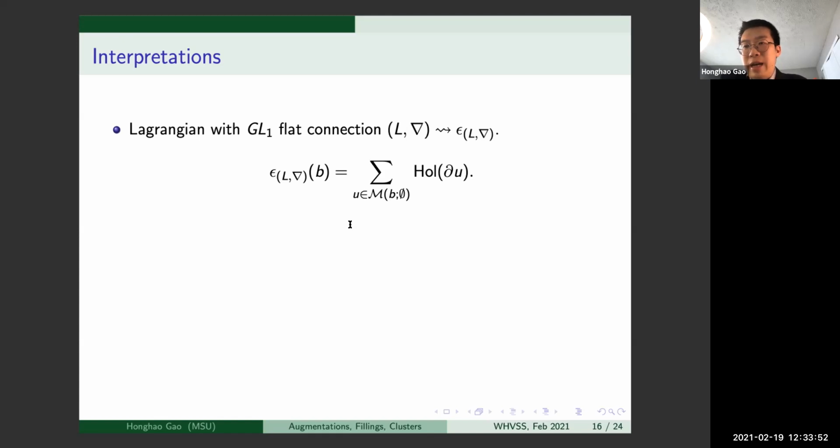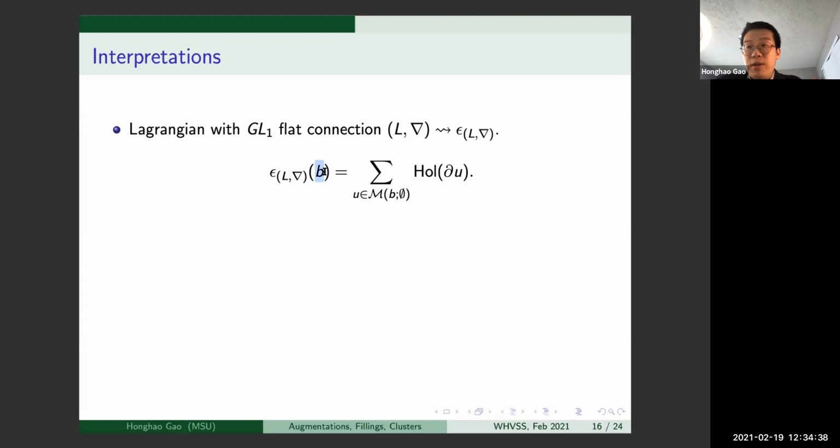And then because the DGA has a definition using counting holomorphic curves in the symplectization, this cobordism should define for us the DGA morphism from the Chekanov-Eliashberg DGA to the trivial DGA, which is by definition an augmentation. So this heuristic can be carried out explicitly as the following. If I fix an exact Lagrangian filling together with a GL1 flat connection, a line bundle on that, this pair of data will define for me an augmentation where